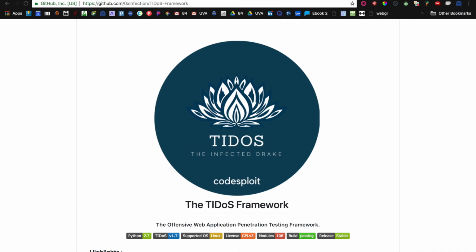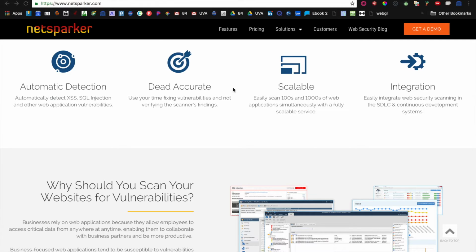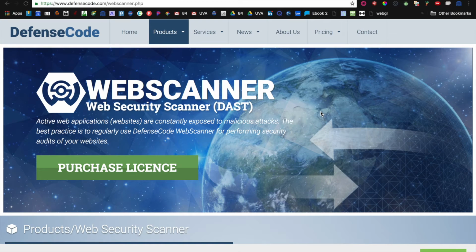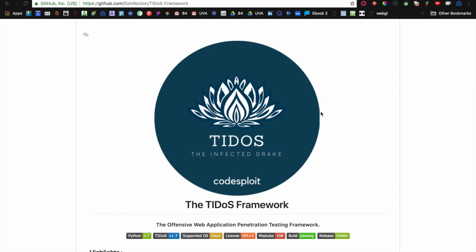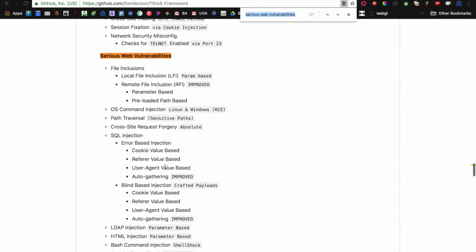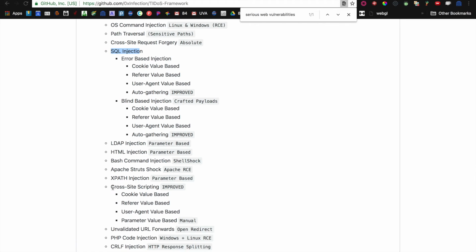As you can see, there are a lot of web vulnerability scanners available, some of which are free and open source, while others are commercial and actually fairly expensive. Each scanner can identify a wide variety of vulnerabilities. For instance, if we go to the GitHub repo for the Tyndos framework, we can see a list of common vulnerabilities that they cover. For instance, we have SQL injection and cross-site scripting attacks, both of which are very common,